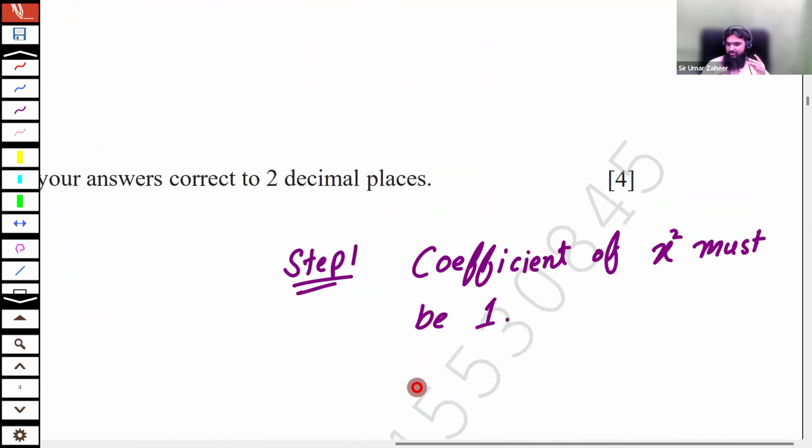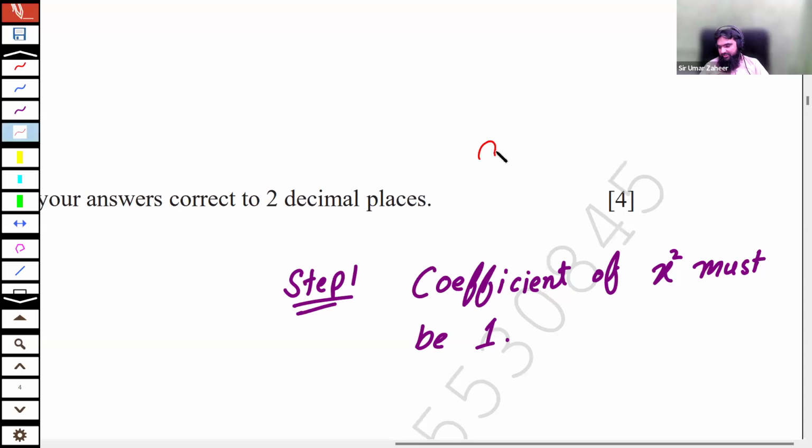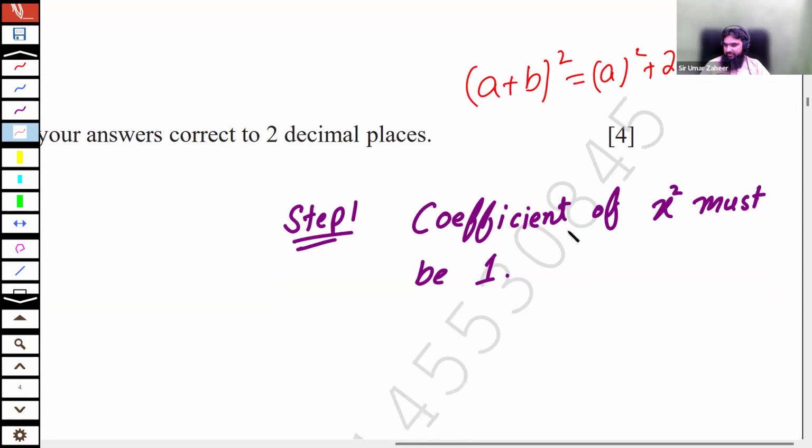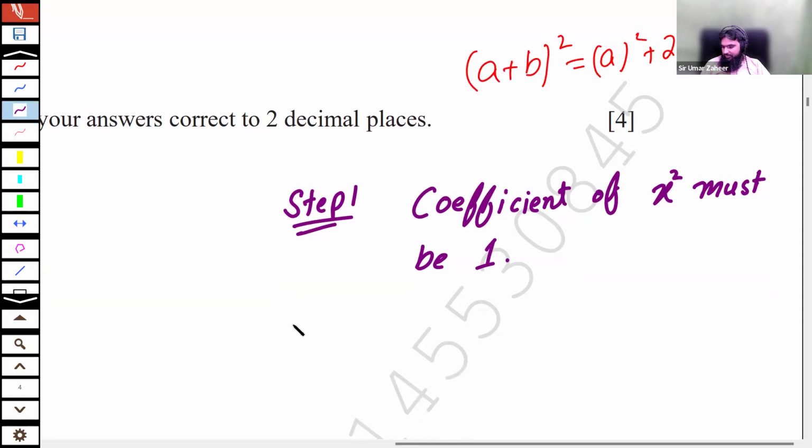From here, you have to recall the formula that we have done, that is (a plus b) whole square is equal to a square plus 2ab plus b square. Basically, we have to make the complete square of this one. So for that purpose, we are going to write